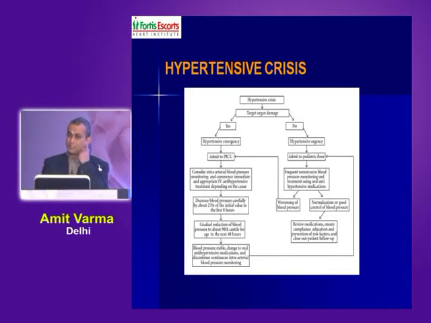But I do want to point out over here an algorithm of plain simple hypertensive crisis. What do we need to manage? And in our country, there is always a debate around whether you should put them in the ICU, which has its adjuvant cost issues, or what is it that you can provide at home, or what you can do in the wards. And I think, again, as I pointed out, I'll be happy to share my slides with you, but this algorithm is a plain, simple, vanilla way of making sure you can take care of your patients in the hospital.